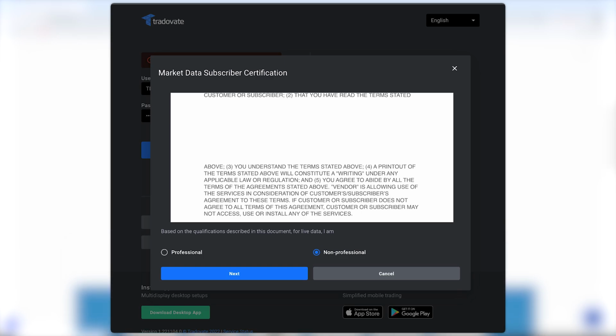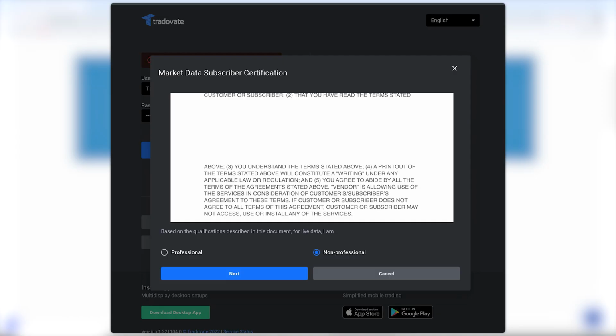After completing these steps, your Tradovate account will be connected to Topstep, and you can begin trading in the simulated